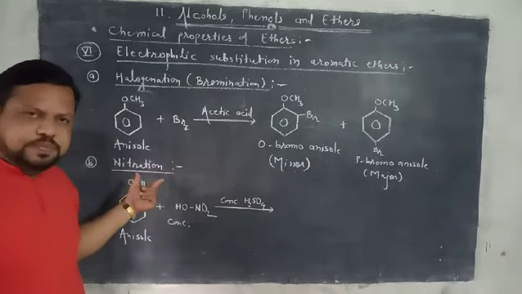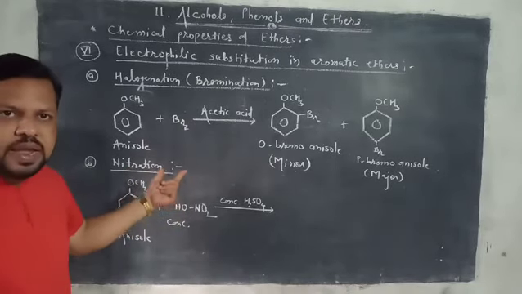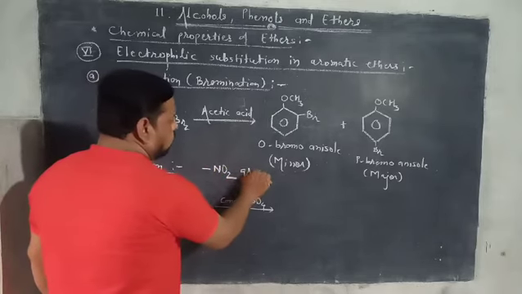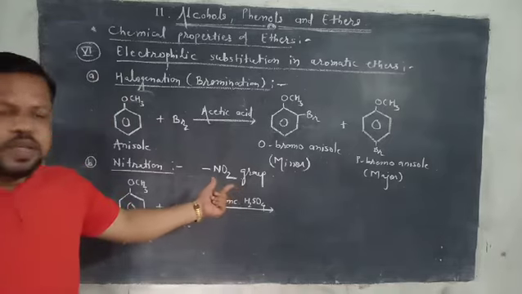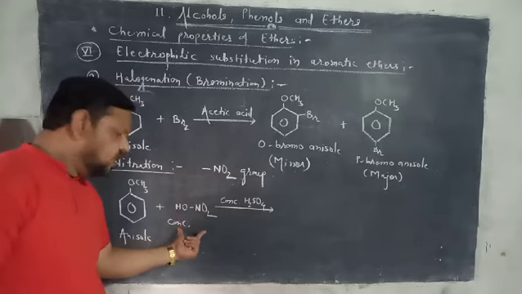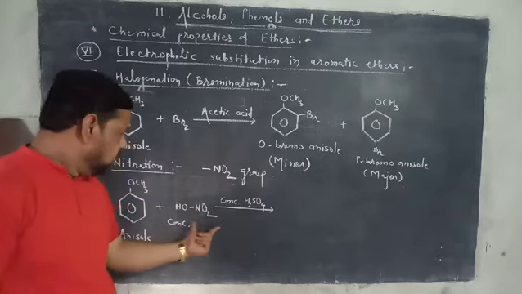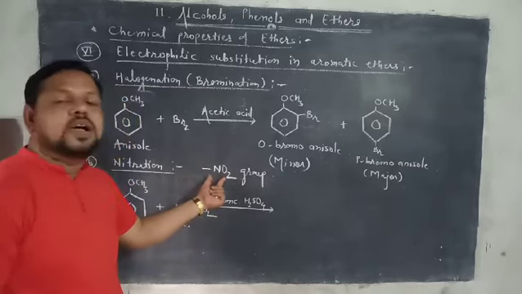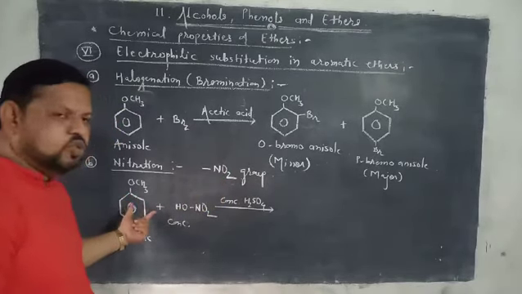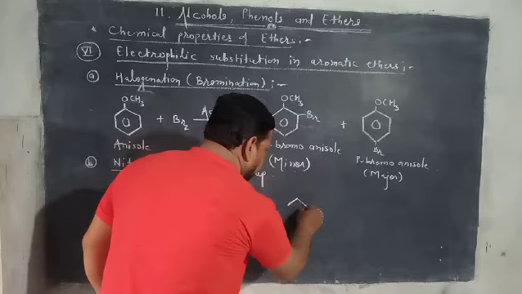Okay. Then next, nitration. As you know, nitration means addition of nitro group, and this nitro group is obtained from nitrating mixture. Nitrating mixture is the mixture of concentrated nitric acid and concentrated sulfuric acid. These two react and give the nitro group, and these nitro groups get attached in this anisole on ortho position and para position, and it gives